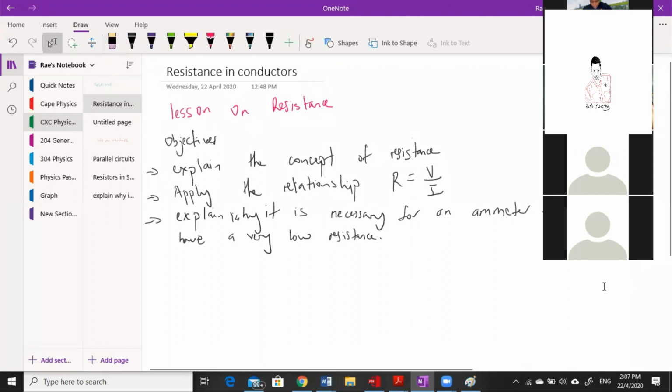So resistors are devices used to slow down current. But basically every conductor, every material that is able to transmit electricity, is going to have resistance. You understand? Not only one thing. Once it has some metal components, some conductivity properties to it, it's going to have some resistance. All right. Now, in physics, by definition, resistance is the